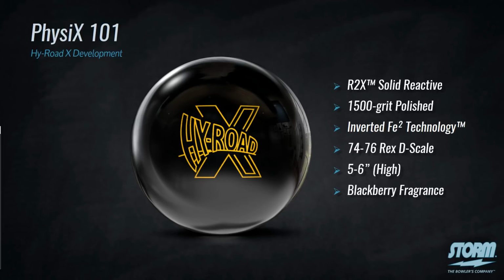I just look at it as a good 1-2 punch. You look at Physix, the big ball, a lot of motion, a lot of change of direction, and people are always a little leery sometimes about asymmetry. They wonder, does it really fit me? A lot of players are like, I know the symmetric side, and they'll gravitate to that side of it. But like you said, I would urge those players who have had issues in the past with some asyms to definitely give Physix a try. It does read the lane differently.